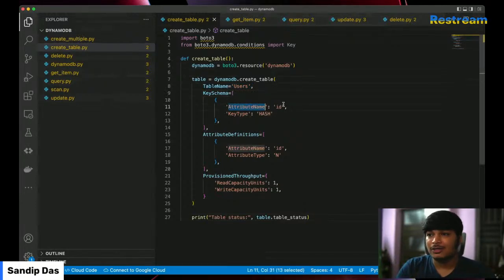Say the primary key. If the primary key is id and the key type is a hash key, and in the attribute definition, id should be a number. In case it's a string, simply say S, then it will be a string type id. All those things I want to explain in greater depth, but maybe today it will not be possible, unfortunately, for technical difficulties. Now here is the provisioned throughput. If you don't give this, then it will become on-demand. Okay,